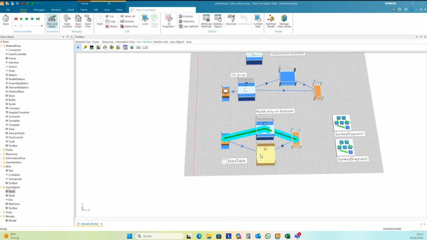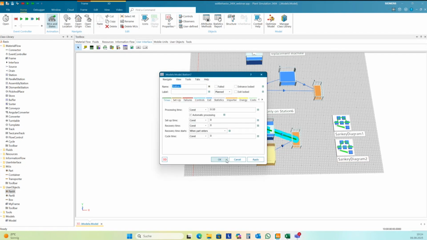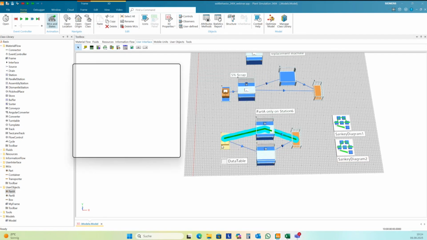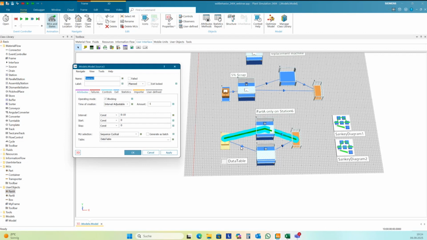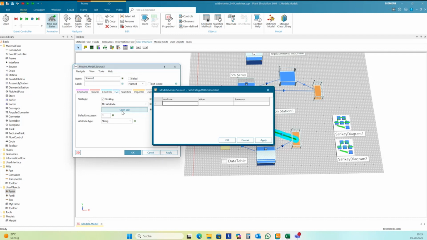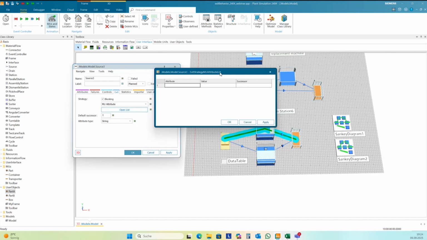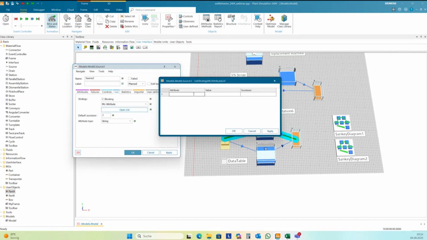Okay. This was not okay. So I need to check this again. Exit MU attribute. Oh, I didn't save my changes. So again, name.